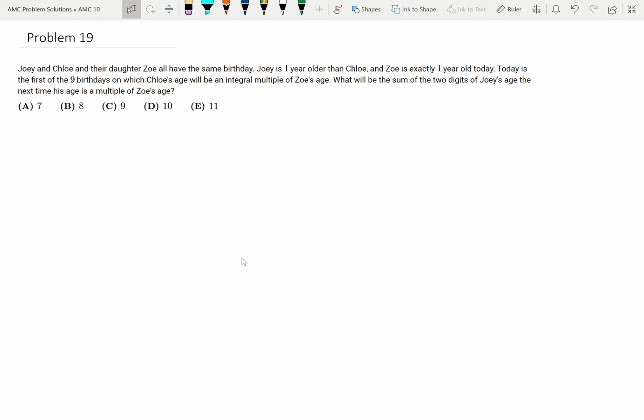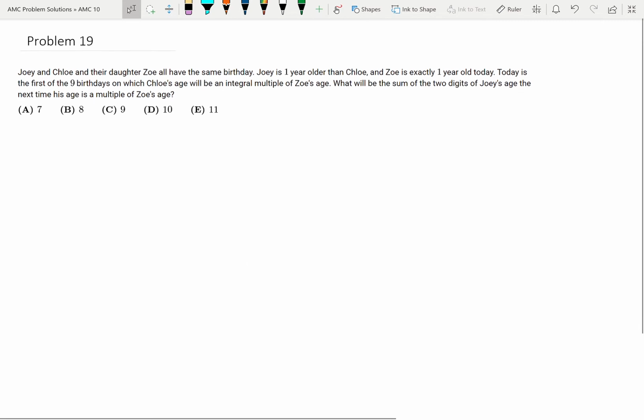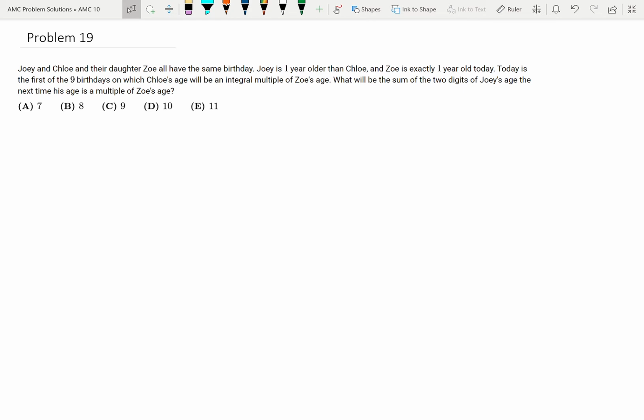Joey and Chloe and their daughter Zoe all have the same birthday. Joey is 1 year older than Chloe, and Zoe is exactly 1 year old today. Today is the first of the 9 birthdays on which Chloe's age will be an integral multiple of Zoe's age. What will be the sum of the 2 digits of Joey's age the next time his age is a multiple